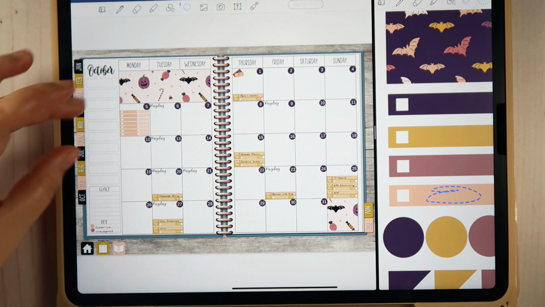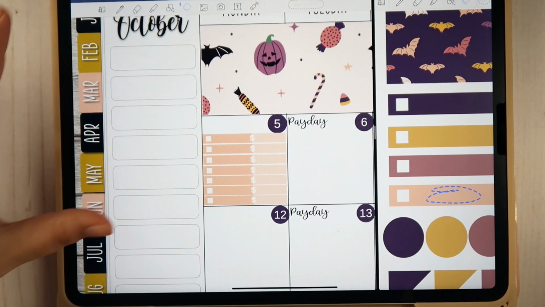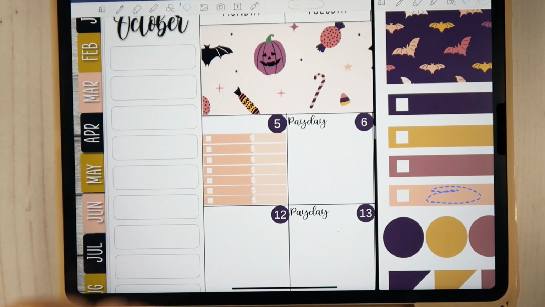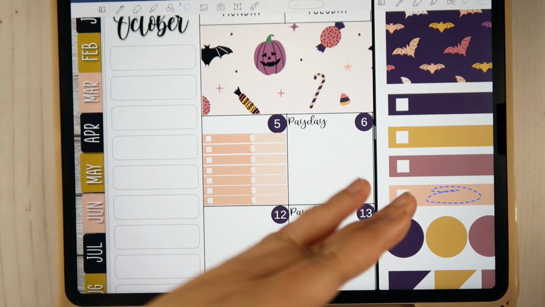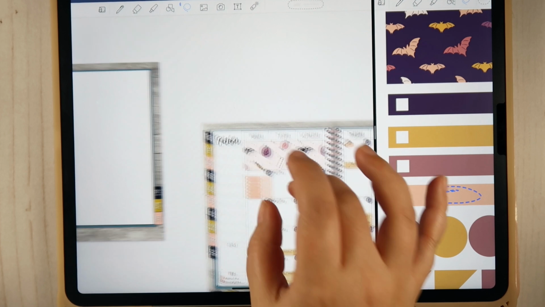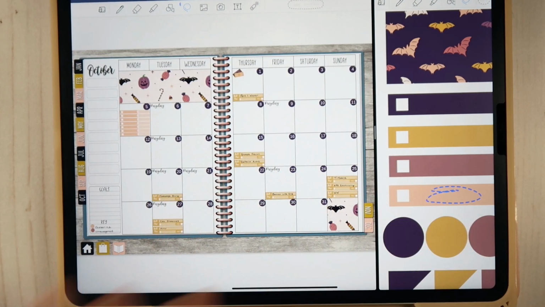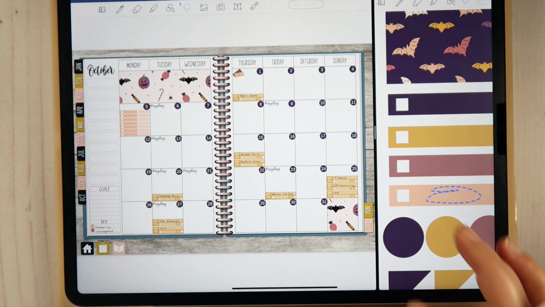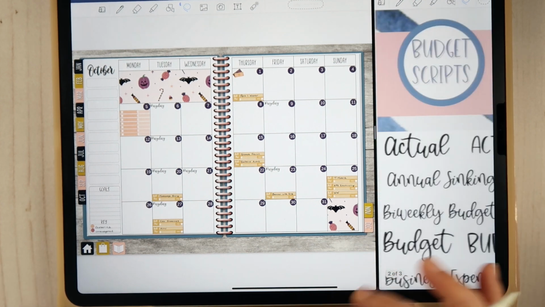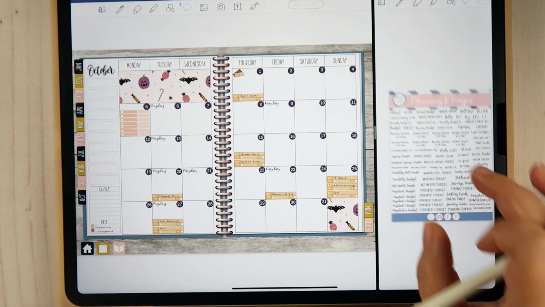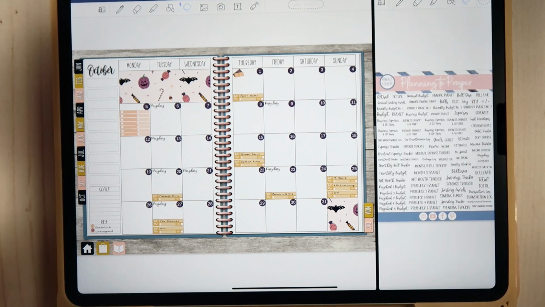And the beauty of it too is, once I do get my inserts organized here, I'll show you guys a little trick with the lasso tool where you can literally copy and paste all of it into your next monthly spread, so you don't have to go through this whole process every time. You'll just lay out your date dots, your washi, and all that kind of stuff. But as far as your sidebar is concerned with your index and everything, you can copy and paste that over. It makes it super quick. But I don't know about you guys, I actually enjoy this process, so I'm not super concerned about